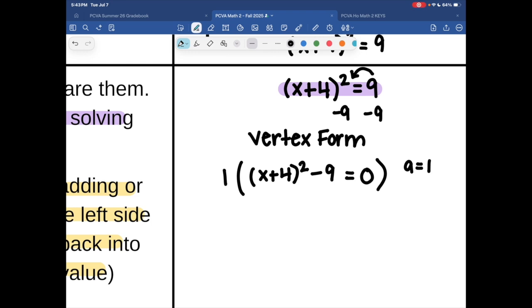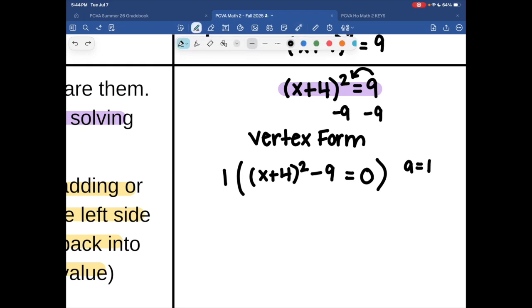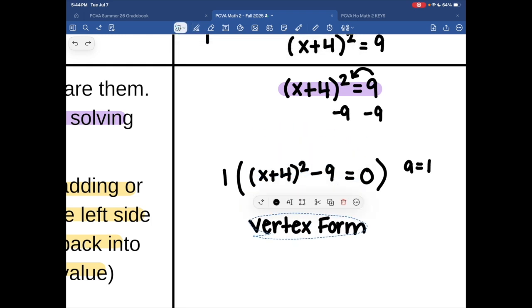Now, multiplying it by 1 doesn't change anything, but you've got to remember that we're going to multiply the 1 to the parentheses, because we can't multiply it in the parentheses because it's squared. We're going to multiply the 1 to the parentheses, and it gets multiplied to the negative 9, so that's going to be important later. So my final vertex form for this problem is going to be the x plus 4